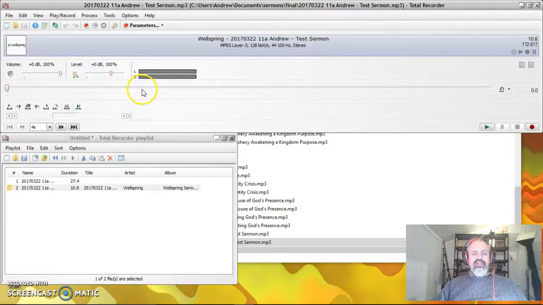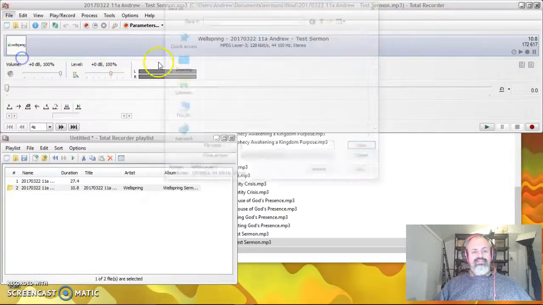Now just a word about the difference between final and web. Final is a stereo file. It was actually a mono recording, so it's really just the same recording on left and right, but that's what we use to make the CDs. Just iTunes works better with the stereo file, but now we're going to make it smaller so it works better with the web. So all we have to do is, once we've selected this file, go to File, Save As,